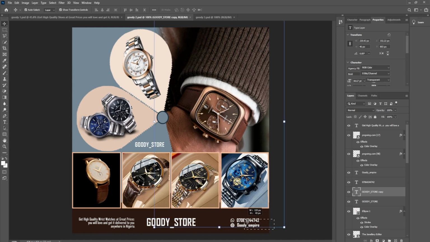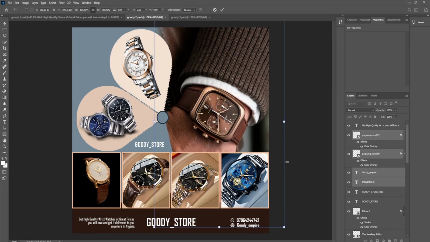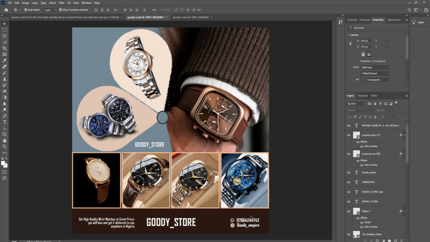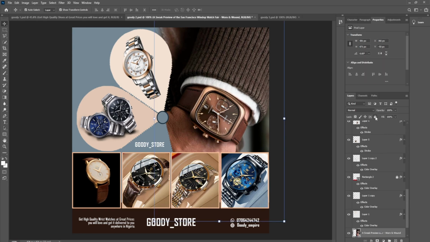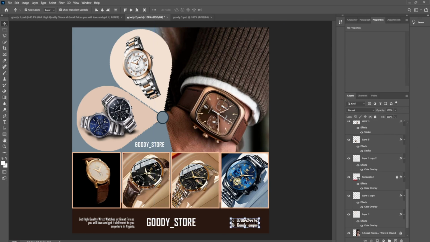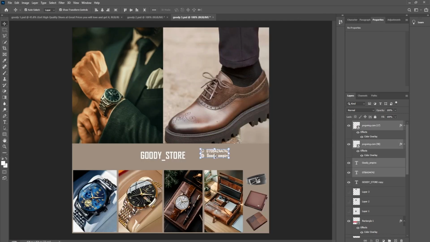So the information we have for the design is not really much. So we're doing our best to maximize the